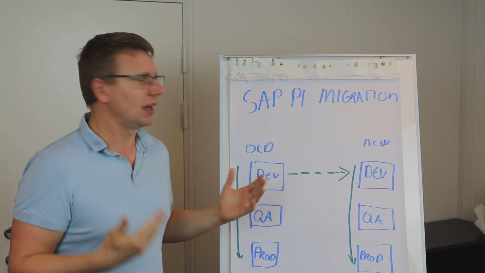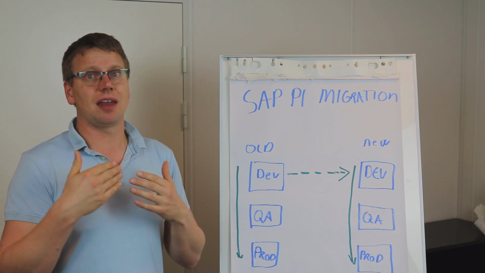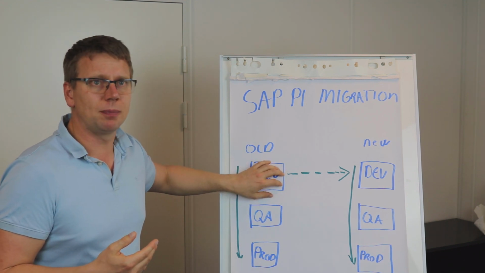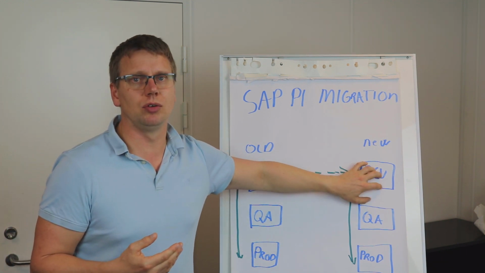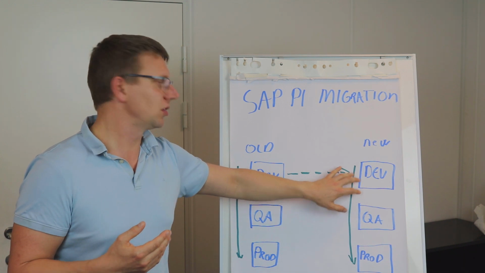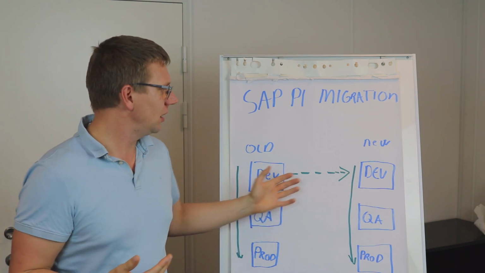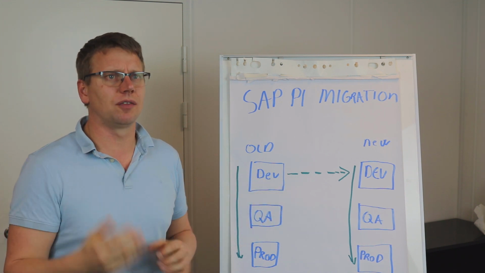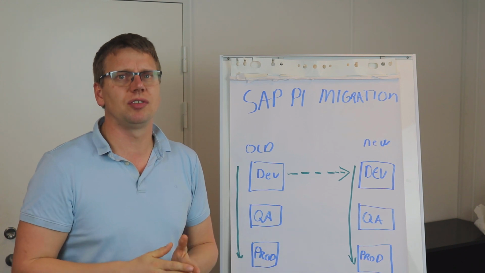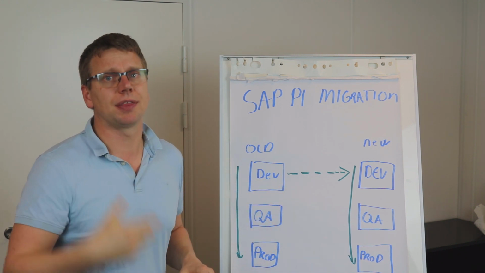Once you've done that, you would add interfaces to this release, and for each interface the tool will then need to take all the development objects and transport them to the new system. Then it will need to configure all the runtime objects and directory objects, and the thing that takes a lot of time is that you want to be able to copy all communication channels and the specific requirements. So path, URLs,